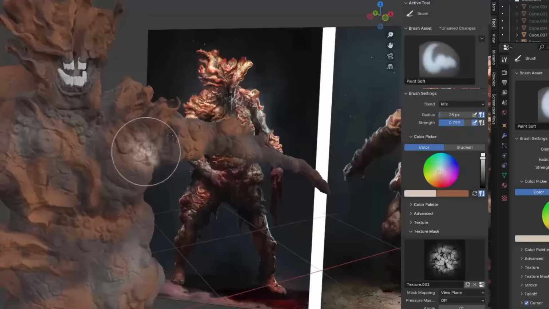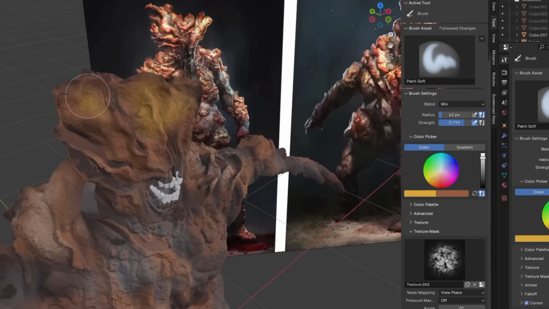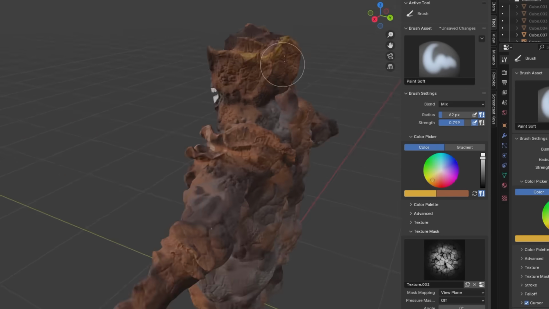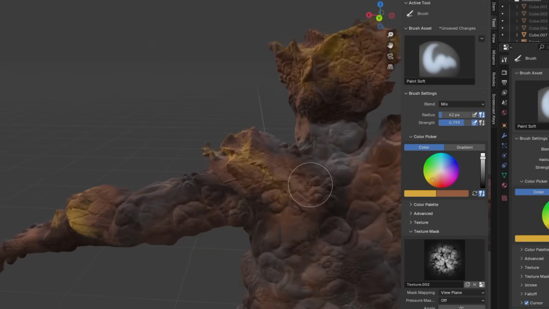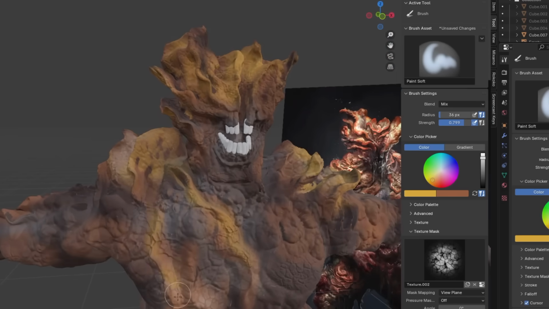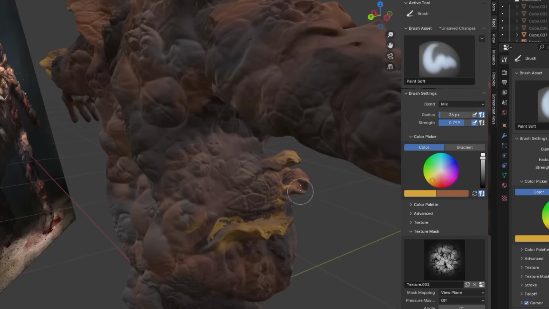To get some color onto him, I used the eyedropper tool to pick some colors from this reference image. This really helps keep the color palette looking coherent, especially for me who has red-green color blindness. I made the parts that stick out look a little bit more yellow, like a mushroom, and kept everything else as this red